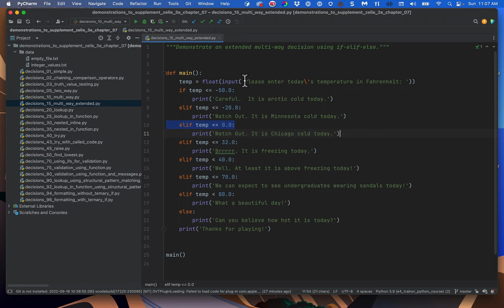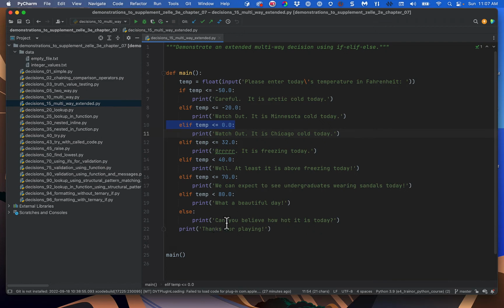Now, if you look at what I've done here, all the tests are the same test except the last one. Everyone is less than or equal except for the last one. Why did I not make that less than or equal? I don't know. Maybe to show that I could, right? So having a parallelism helps a lot. Okay, when you're trying to classify things, doing them in some kind of order, preferably ascending order, is going to